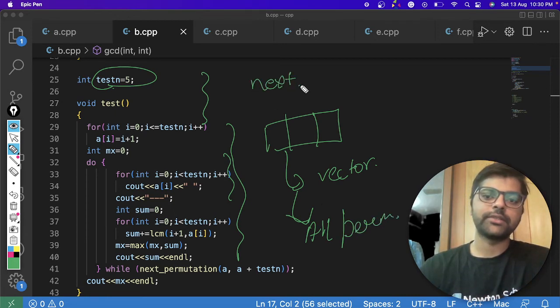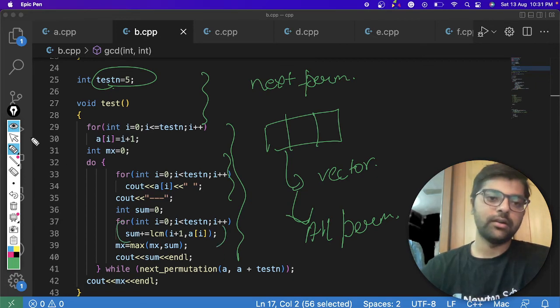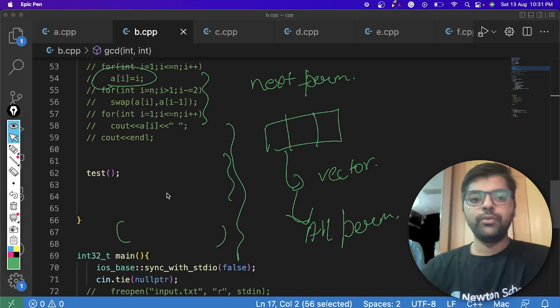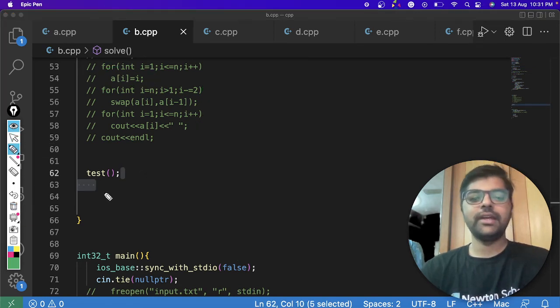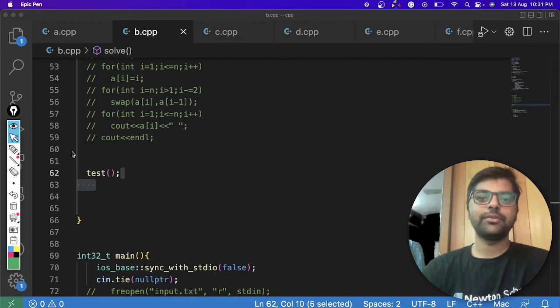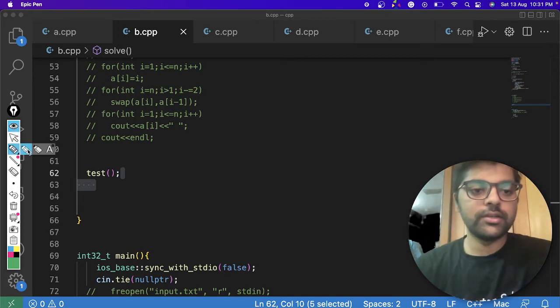You must read about next permutation. Then try to find the sum, what is the maximum sum and which permutation is giving me that sum for variable n, and from there I got the idea of what our solution is, right?